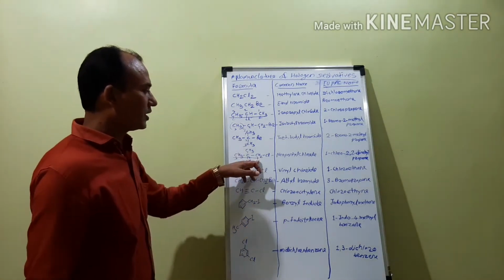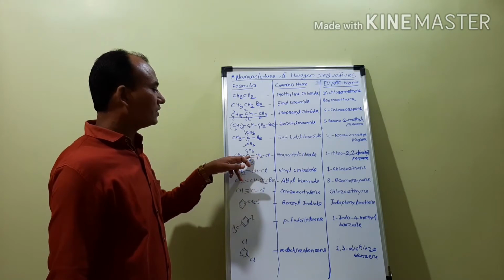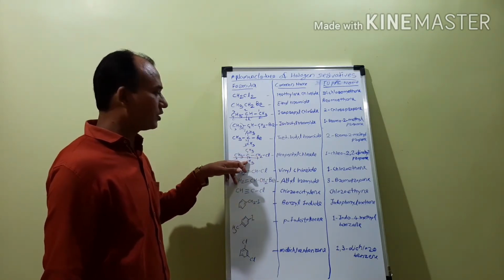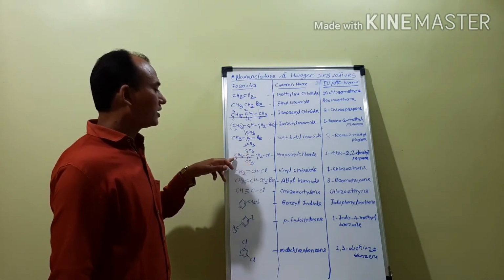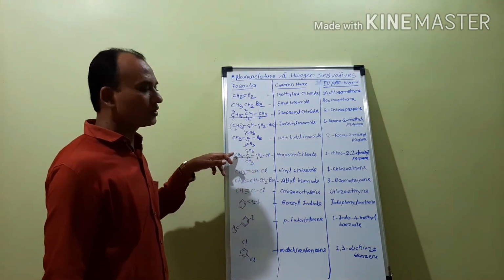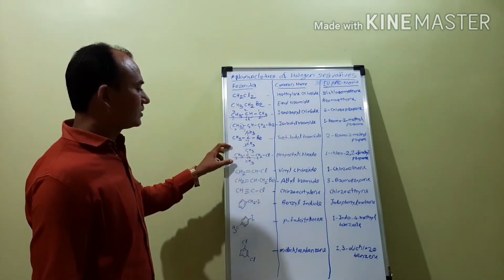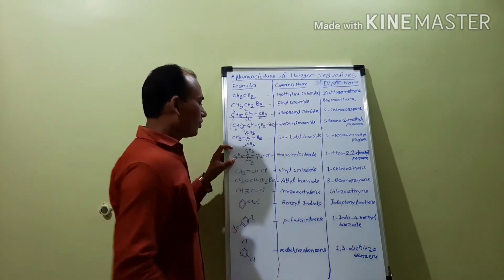At the first carbon atom there is an attachment of chlorine, so it becomes 1-chloro. At the second carbon atom there are 2 substituents and both are the same, that is the methyl group, so it becomes 2,2-dimethyl. The longest continuous carbon chain contains 3 carbon atoms, so it becomes propane. So the name becomes 1-chloro-2,2-dimethylpropane.